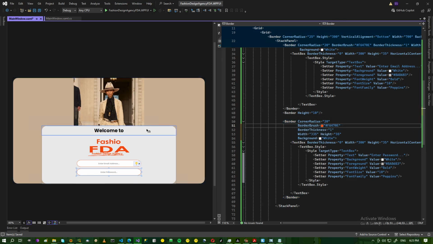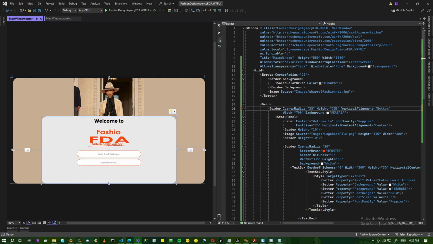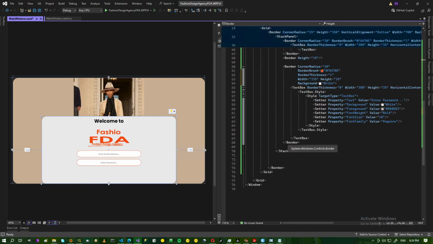Let's see if we can give this border some height, because we've got two more controls coming in there. Is our border height 300? Let's say 350. Okay, so 350 there. Then we're still in the stack panel here. So the stack panel, what we're going to do,